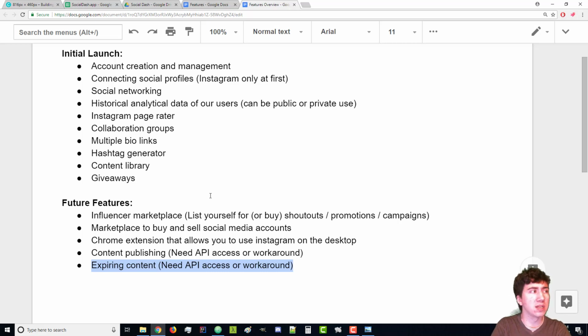So then also we have expiring content, which will be slightly useful to some. Whenever an Instagram shoutout happens, it's typically like a 12-hour or 48-hour or 24-hour post. And so sometimes, let's say it's 12 hours long and you post in the middle of the day, if you actually want to only post for 12 hours, you have to wake up in the middle of the night and delete it. And that's just ridiculous. So sometimes the advertiser gets a lot more views than they should for what they paid you. And so having that content automatically delete in the future will be something that's really useful. It's not like the biggest deal in the world, but it could be useful to some.